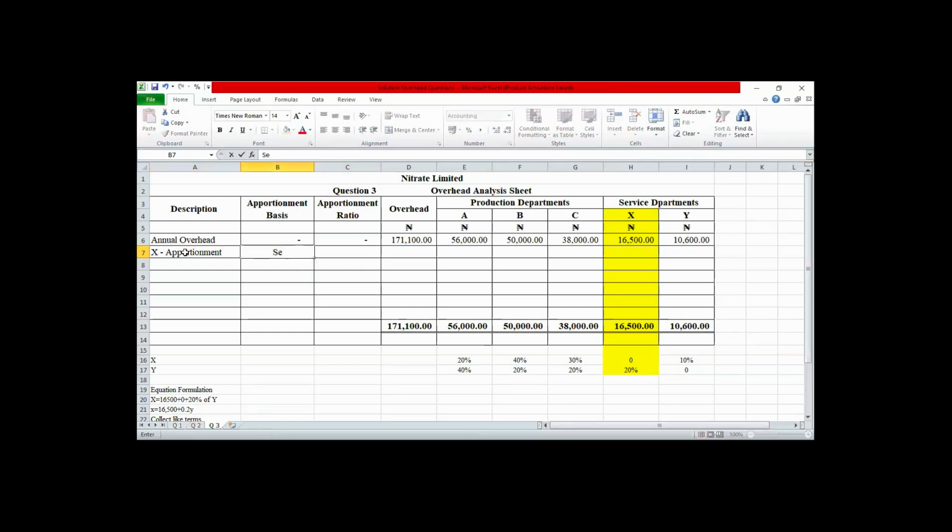Service rendered. What is the ratio of the service rendered by x? 20% ratio,